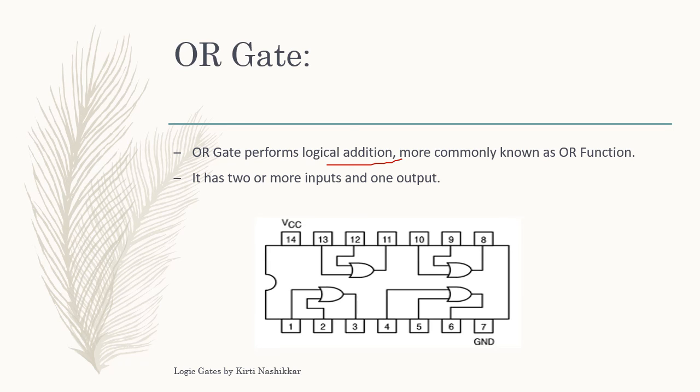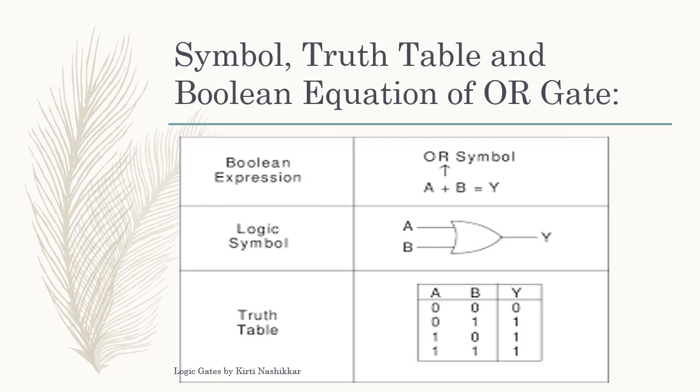And this is the IC configuration of OR gate. IC for OR gate is IC 7432. This is a DIP 2 input quad TTL series OR gate IC. Okay, so as you can see, the pin configuration of IC 7432 is here. The symbol of OR gate is this one. Minimum 2 inputs must be present, and maximum there is no limit.